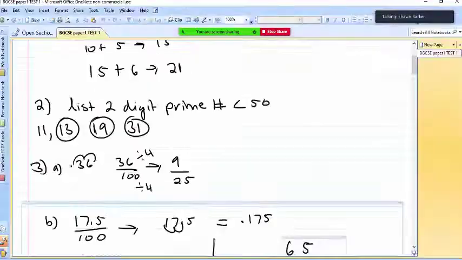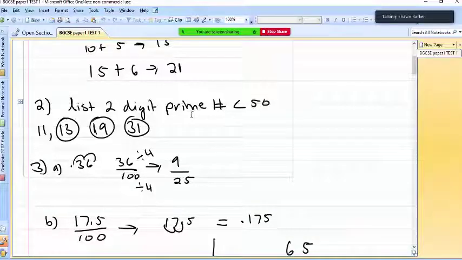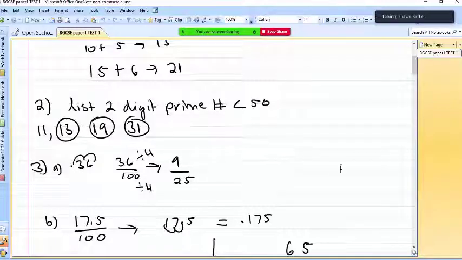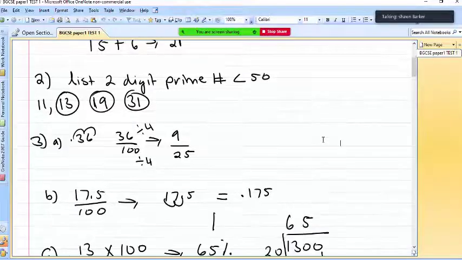So if you look at these numbers here, if I reverse 13, I get 31. If I reverse 19, I get 91. All right, and then you can see that if I reverse the 31, I get 13 again. And then you ask yourself, is that prime? And the answer is yes. And so those are the type of rationale you have to think about in terms of solving this type of problem.